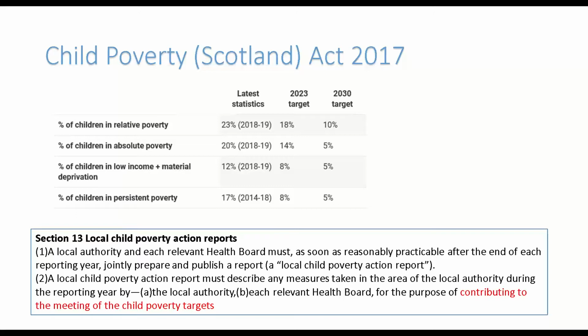So while we would always encourage local partners to have those targets at the forefront of their mind and to act in a strategic way that will impact those figures over time by increasing family income and reducing family outgoings, there's no need to be overly focused or fixated on identifying the data that establishes progress towards those 4 targets at local level. Instead, when we're thinking about the effect that actions are having, local partners might want to focus more on the data that is available or which they can collect, and indeed the monitoring and evaluation of their policies to understand the reach and impact that they're having.